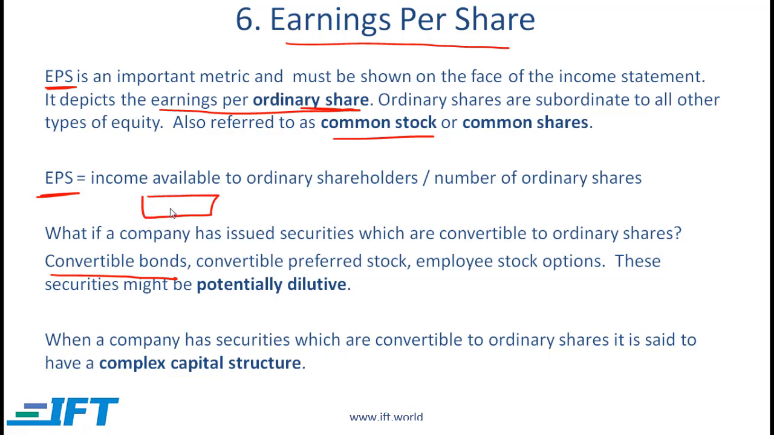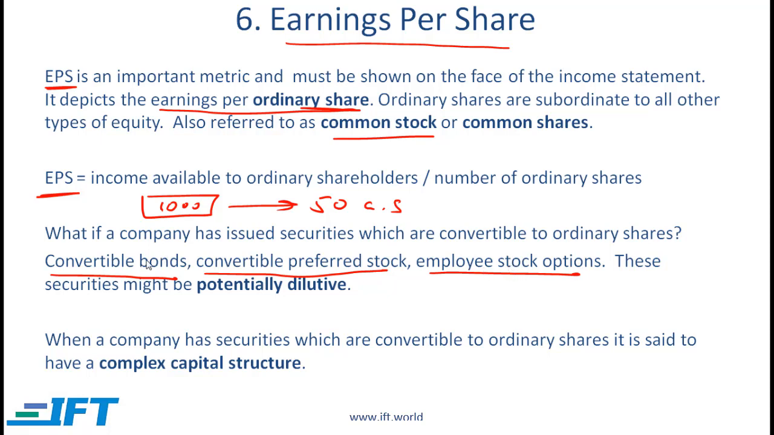So if a company has issued a bond with a par value of 1,000, and let's say that this bond is convertible into 50 common shares. This is called a convertible bond, or a company might issue a convertible preferred stock. Employee stock options are also options which can be exercised by employees, and then the company has to issue new